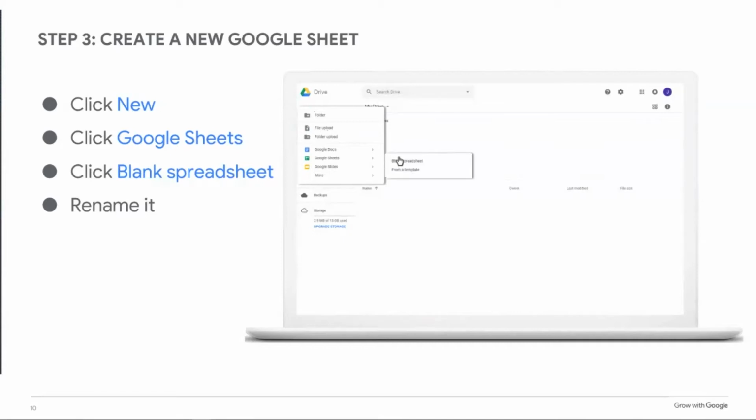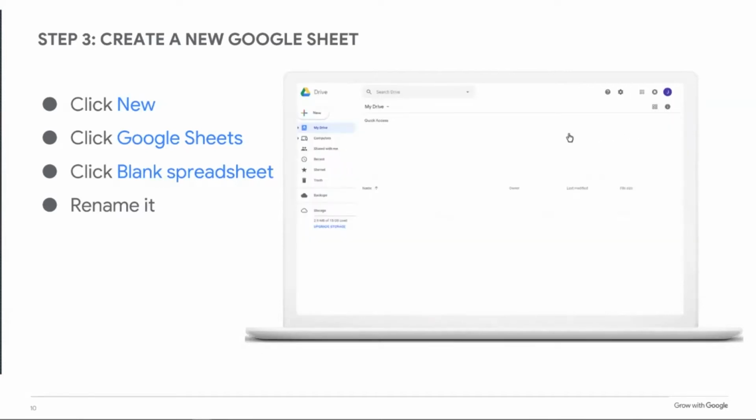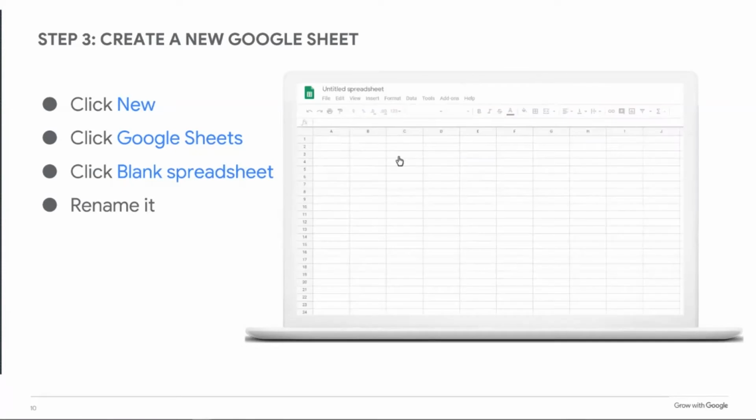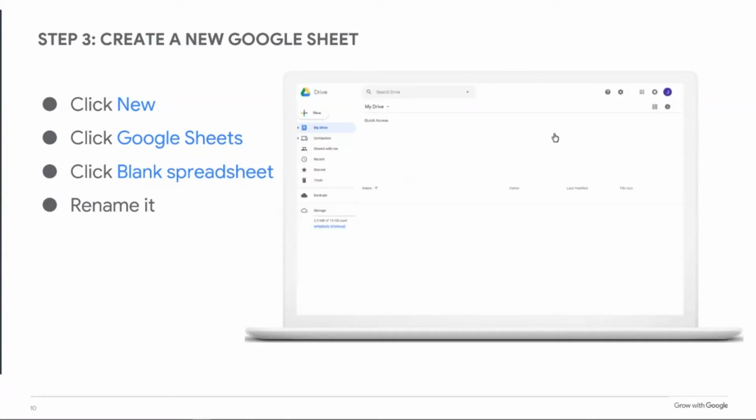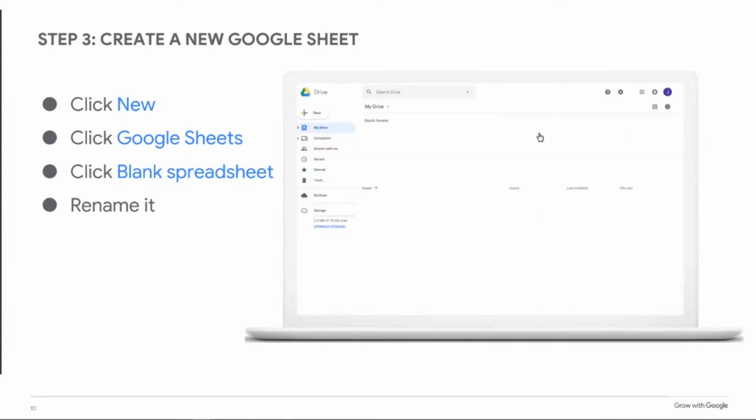And then we're going to rename it at the very top. Now you can rename this anything you like. Right now it says Untitled Spreadsheet. You can rename it your job tracker. You can name it whatever you would like, but just double click on where it says Untitled Spreadsheet. If you don't rename your documents, you will have untitled document number 1, untitled document number 2, untitled document number 3. And it'll be very hard to distinguish what your items are.